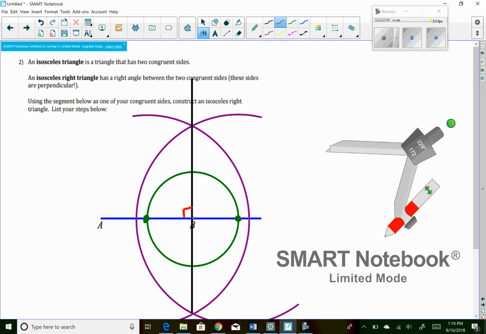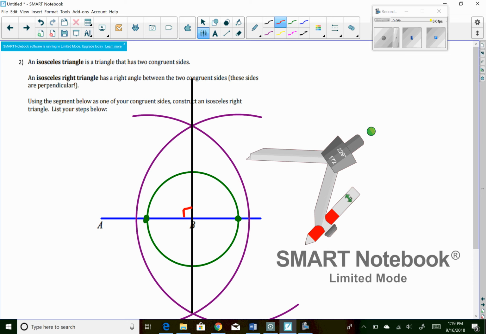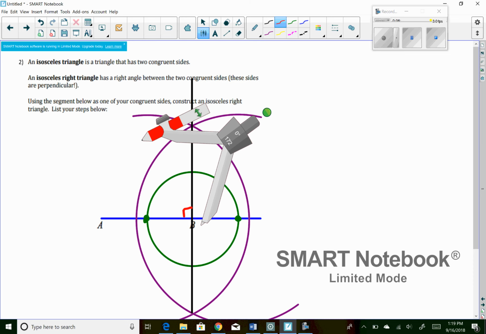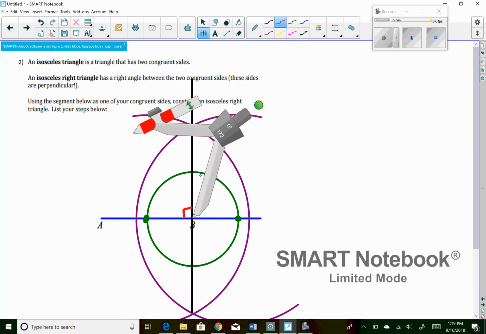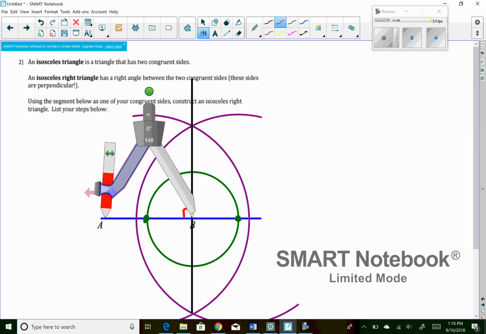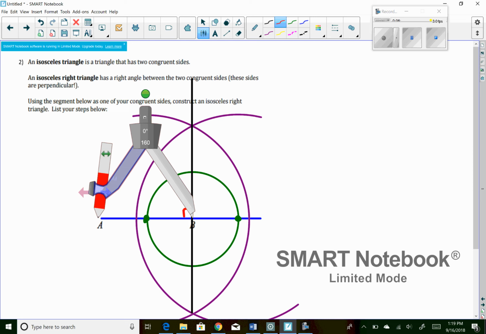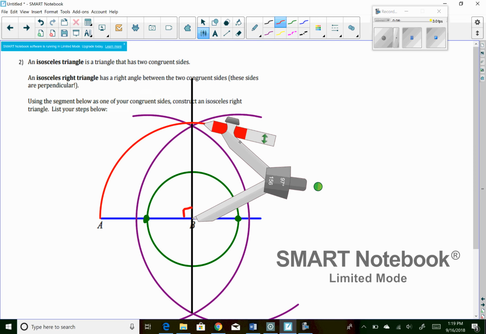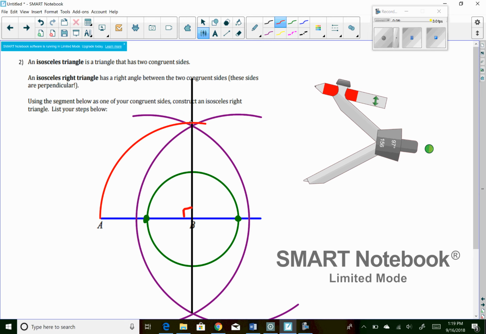So if I can figure out the distance from A to B, well, how could I find a distance using a compass? I could just measure it, right? So if I measure the distance from A to B, and make a mark, wherever that red mark intersected, that's going to be what we'll call point C. So then if I use my straight edge here,